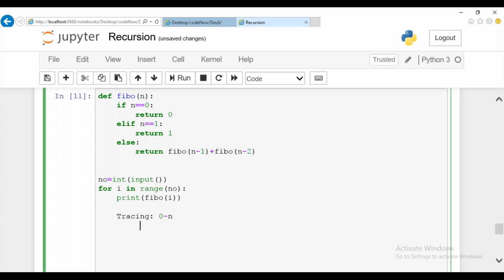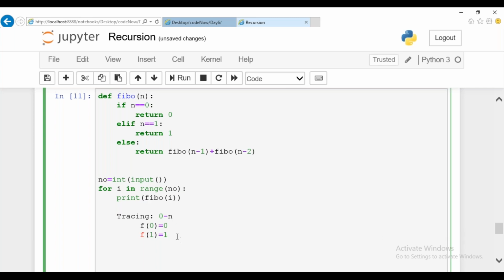So we know that whenever your function is f of 0, what is the value it will return? The function of 0 will give the value 0, right? So whenever your function is called with f of 1, when your n value is 1, it will give you output as 1.